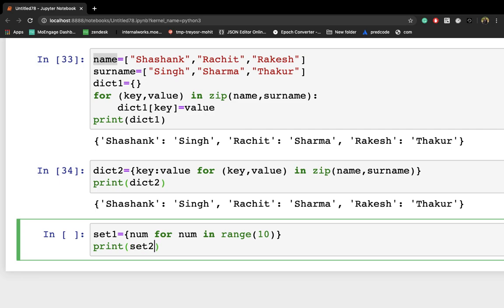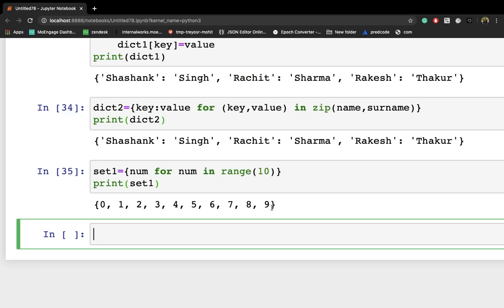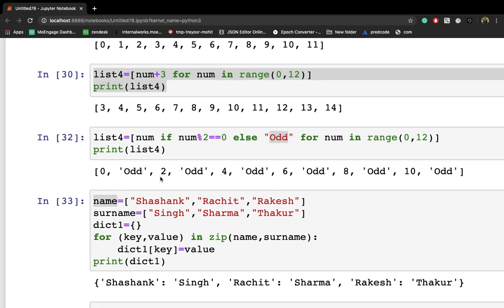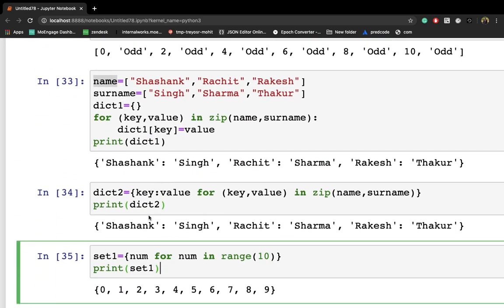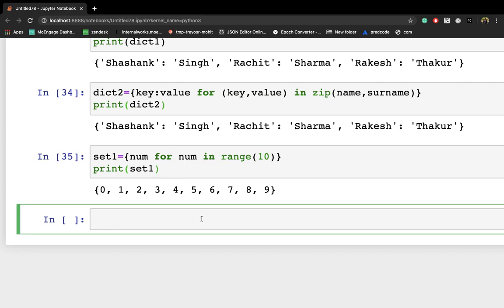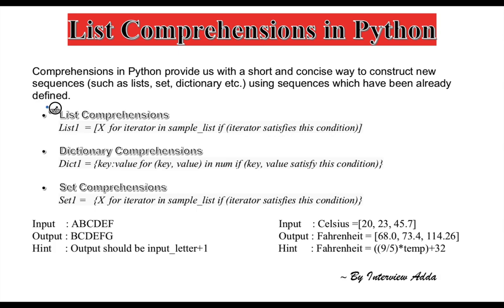Print set1, so I'll get a set. That's how you can use it. It's all similar to list comprehensions, but you have to provide it as per your own use cases. So this is all about these three comprehensions.